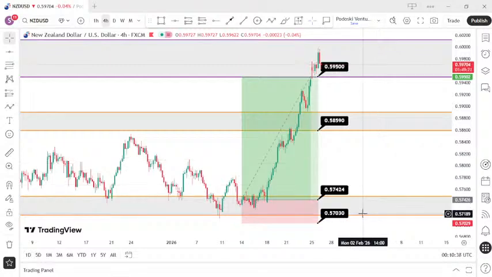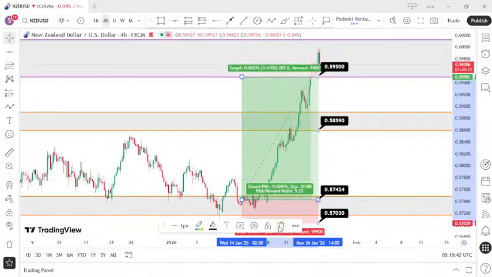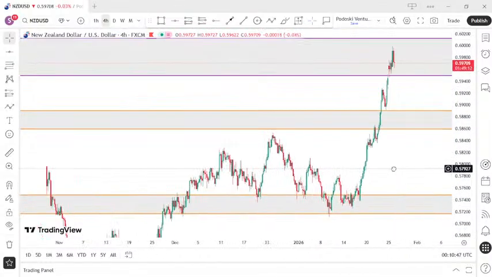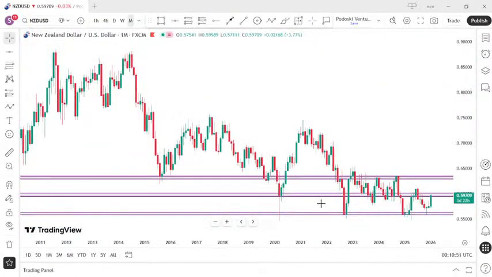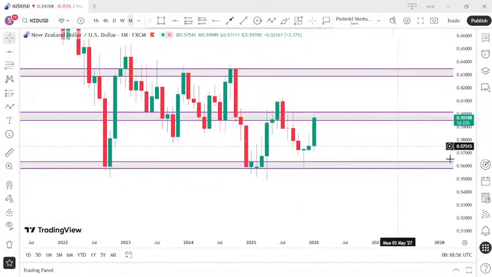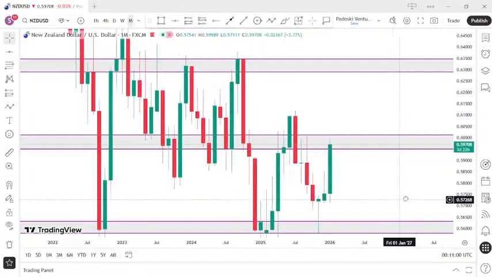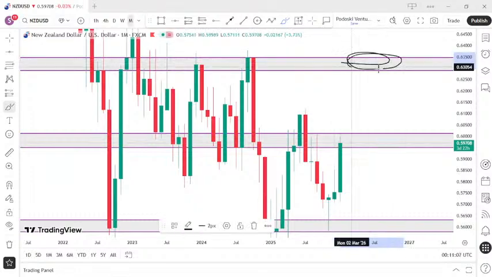I'm going to look for another opportunity. So let's first of all delete this. The setup, everything is still clear, so there's no need to delete anything. So on NZD USD, let's start from the monthly time frame. So this is NZD USD from the monthly time frame. On the monthly time frame, we have the monthly upper zone here, midway zone here, and the monthly lower